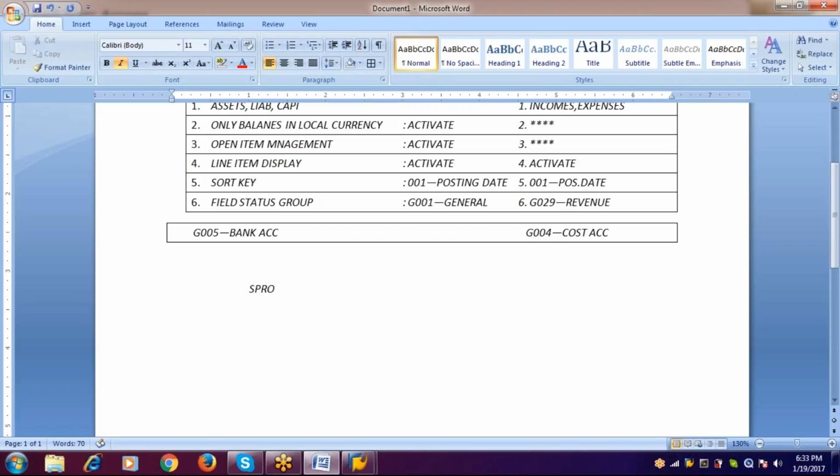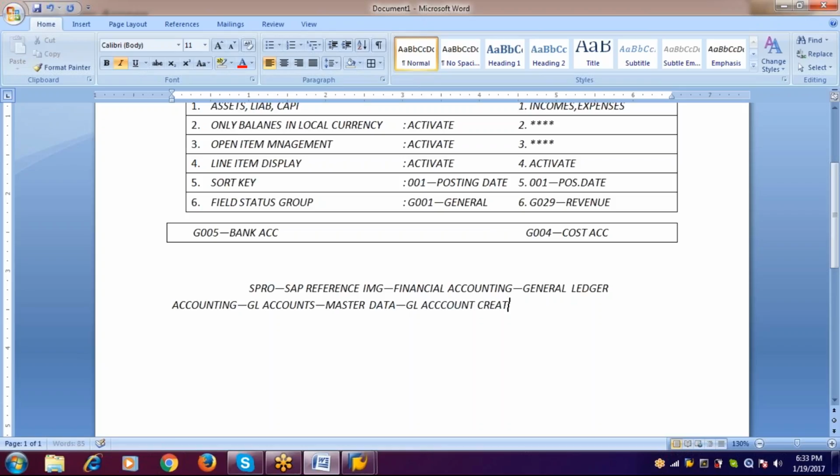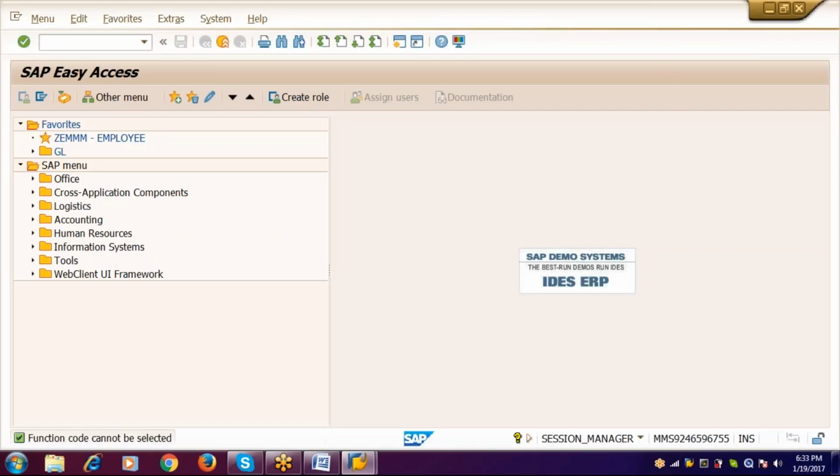Here the menu path will be SPRO, SAP reference IMG, financial accounting, general ledger accounting, GL accounts, master data, GL account creation and processing, and there edit GL account, edit GL account central link, and even let's check it out, SPRO